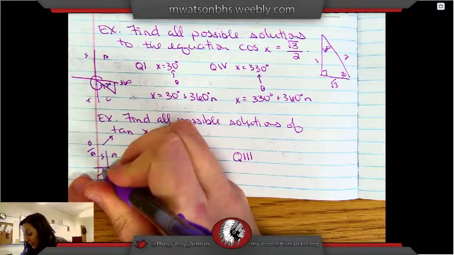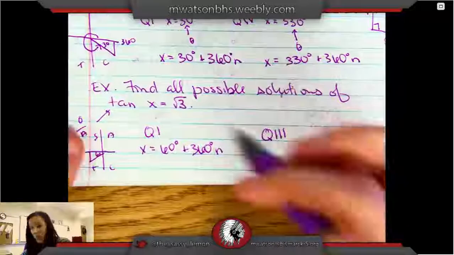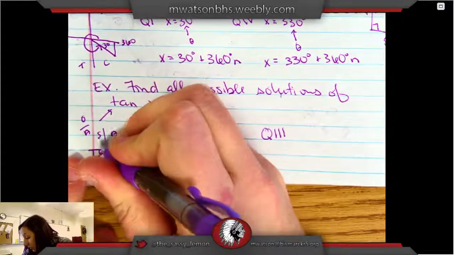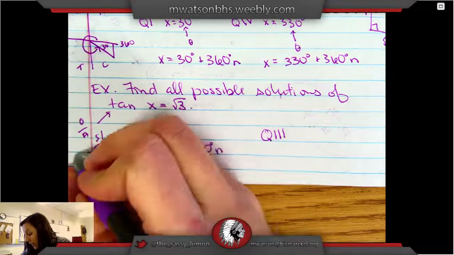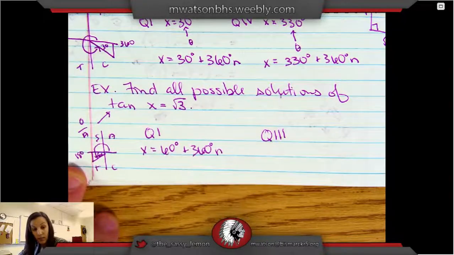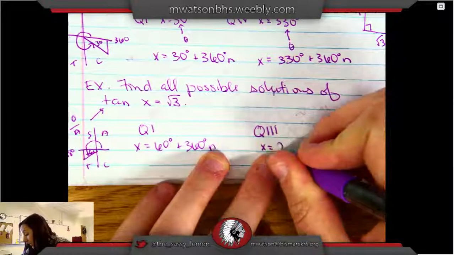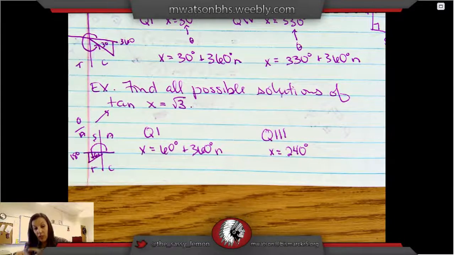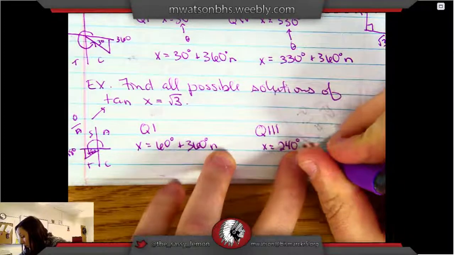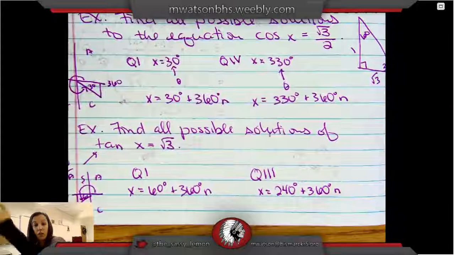So my reference angle has to be 60 degrees. Hopefully you can see that little tiny triangle. So I'm going to rotate around here, and to find how big this full angle is, I have to do 180 plus 60. So that's going to give me 240 degrees. So another solution to this equation is x equals 240. But we have to account for every positive rotation and every negative rotation. So I'm going to put plus 360 degrees in. So you can see that almost all of these